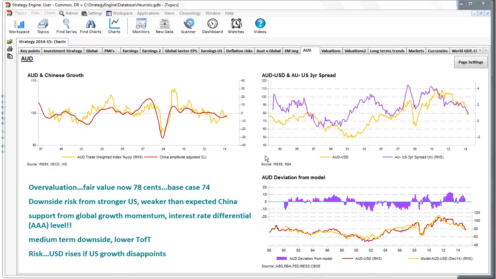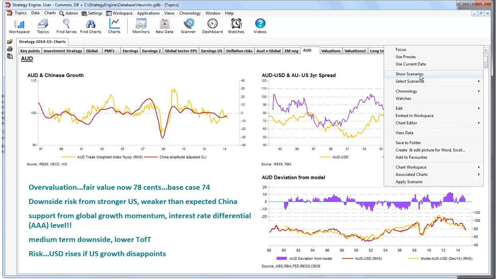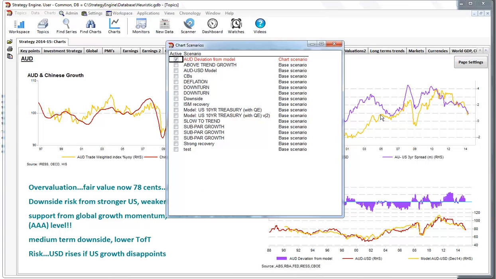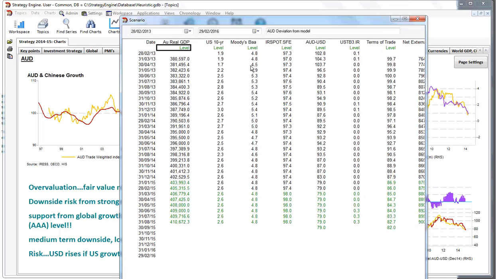For example, you may wish to show your audience how the Aussie dollar might perform given certain outcomes for variables included in your model. For example, I'm on this AUD topic page. We can go select a scenario from the list of scenarios. We have a model for this that looks at the Australian dollar on a certain scenario, and they're the input